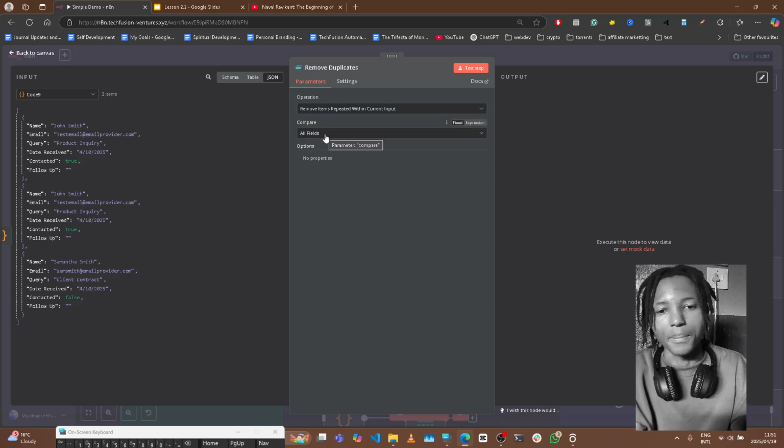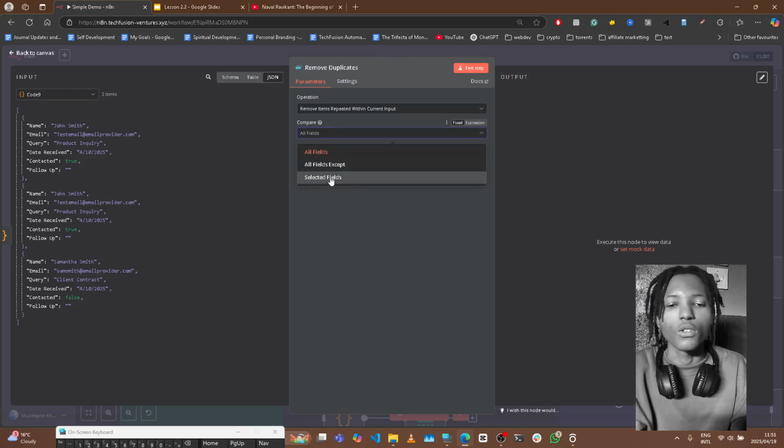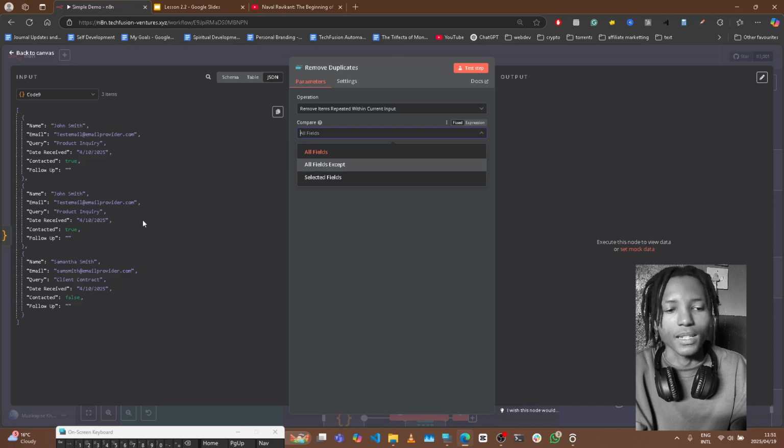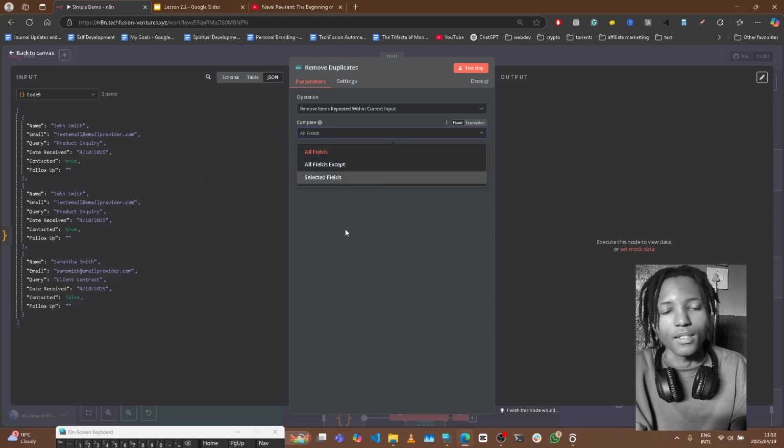And there's also a few comparison operations here. You could remove based on all the fields, you could remove based on all the fields except a few fields, or you could remove based on selected fields. So this means that you could remove fields based on maybe the date that they came in, or you could remove fields except a certain field that is maybe a certain type of query that the people who put in their information left you. There's so many ideas here, but let me just show you how this